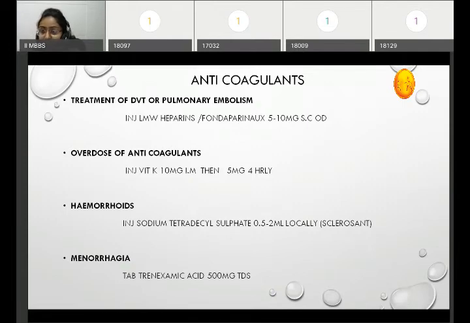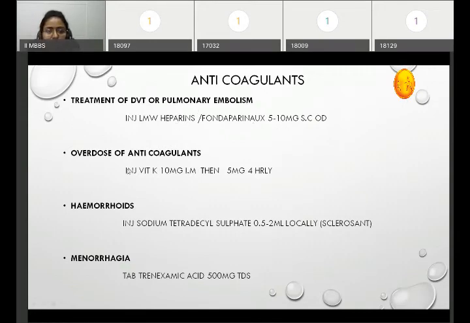Enoxaparin, reviparin, very good. So it is enoxaparin, dalteparin, reviparin, etc. These are the low molecular weight heparins that are used nowadays. And fondaparinux, these both drugs belong to the category of direct thrombin inhibitors, and thus they affect the clotting factors in the blood and bring about anticoagulant action. So this was the treatment of DVT or pulmonary embolism.